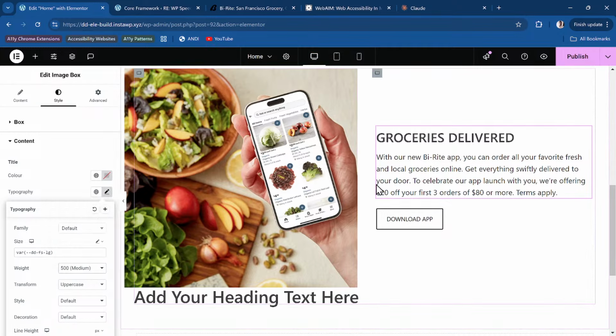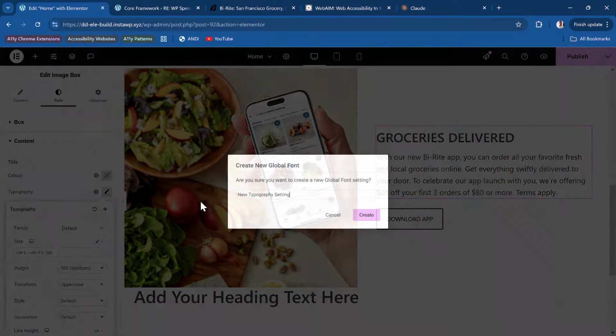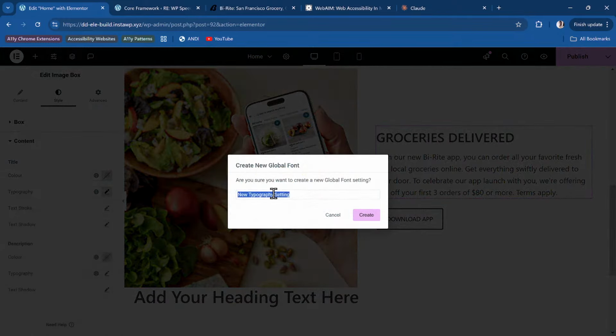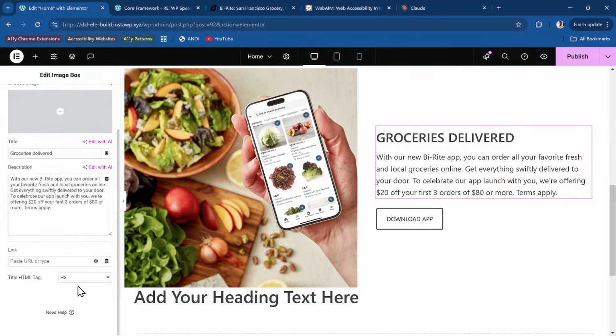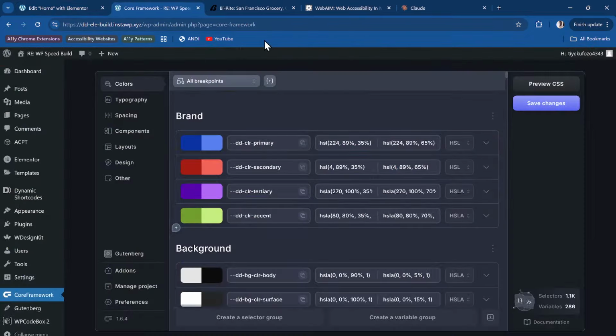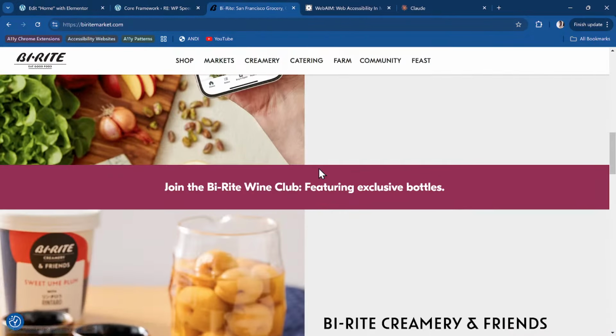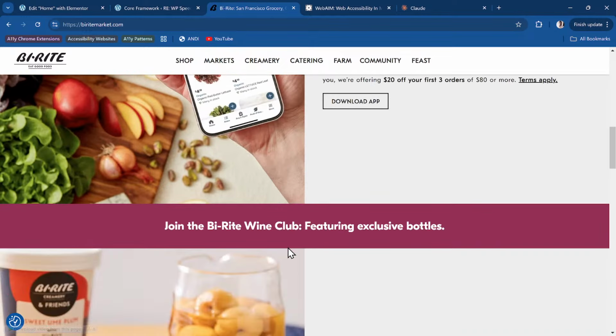Okay. I can just save this as H2 heading, or H. Oh no, I said that I was going to use this as an H3, but it doesn't matter. Okay, H3s, publish. Then the last section, because we're just going to be duplicating that section multiple times. So this last section will be join the